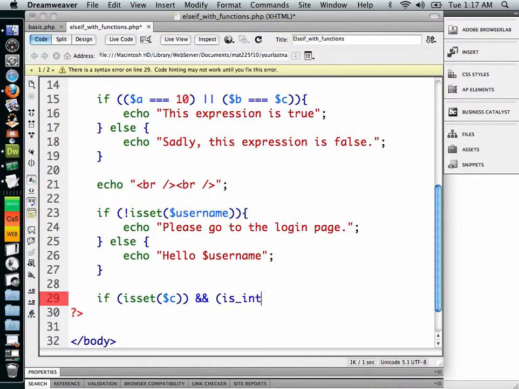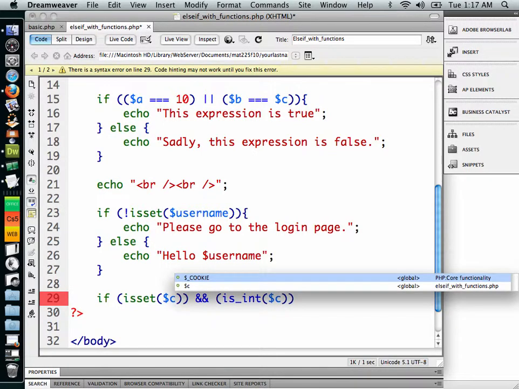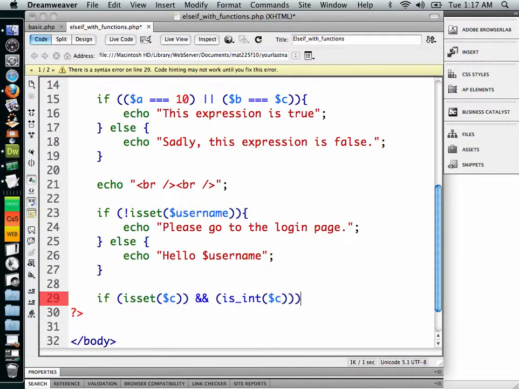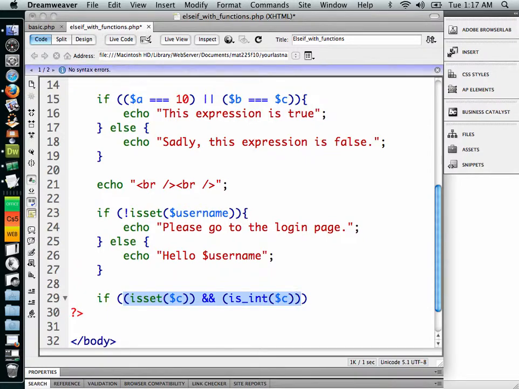And the way that looks is underscore int. What this is going to ask is, is it an integer? So we're going to find out if C is set and whether or not it's an integer. Okay, but we need some more parentheses. So that's the closing one, and this is the opening one. All right, so this is a full condition to test right there, and it's two different expressions that we